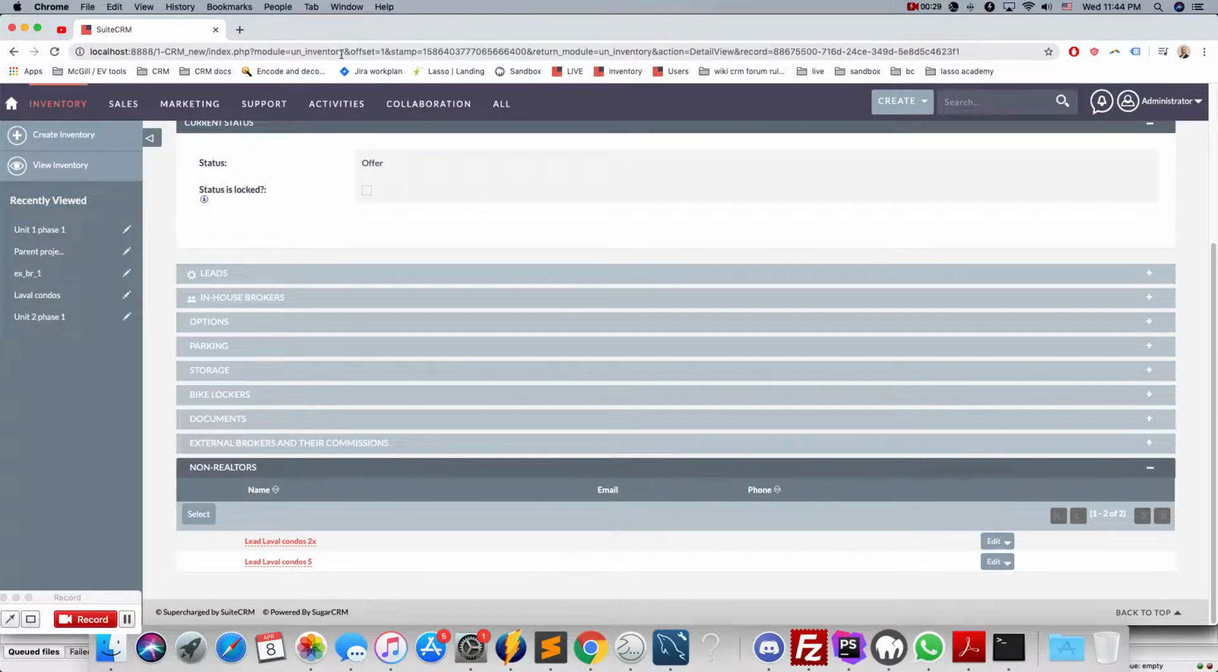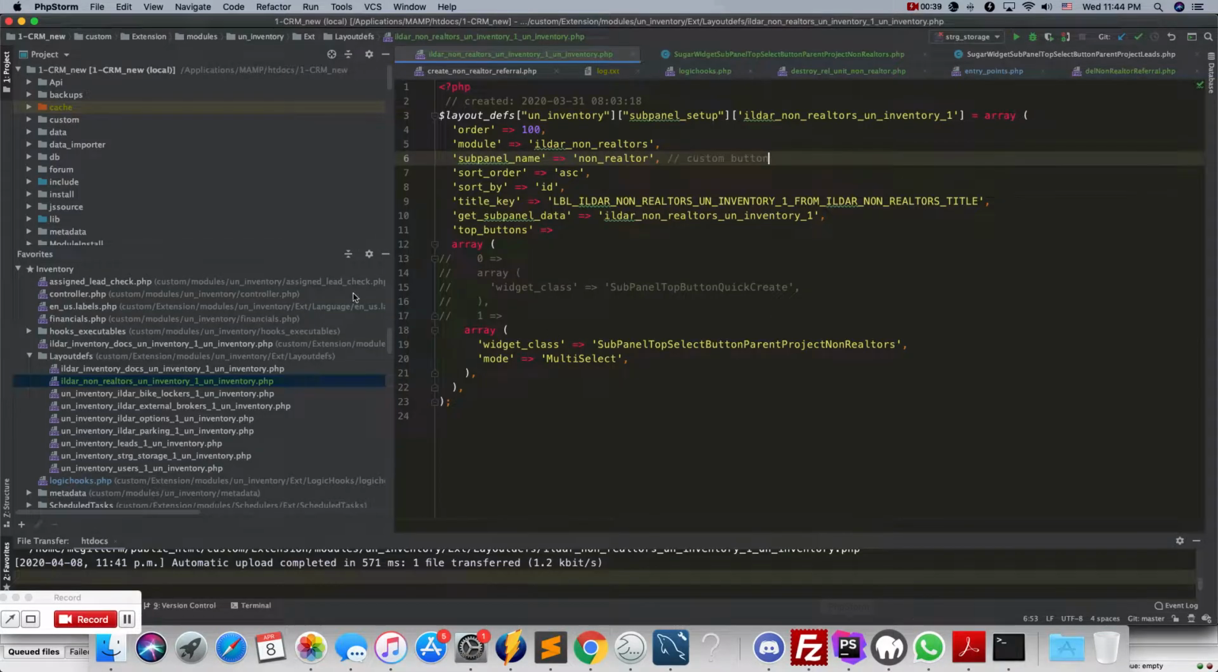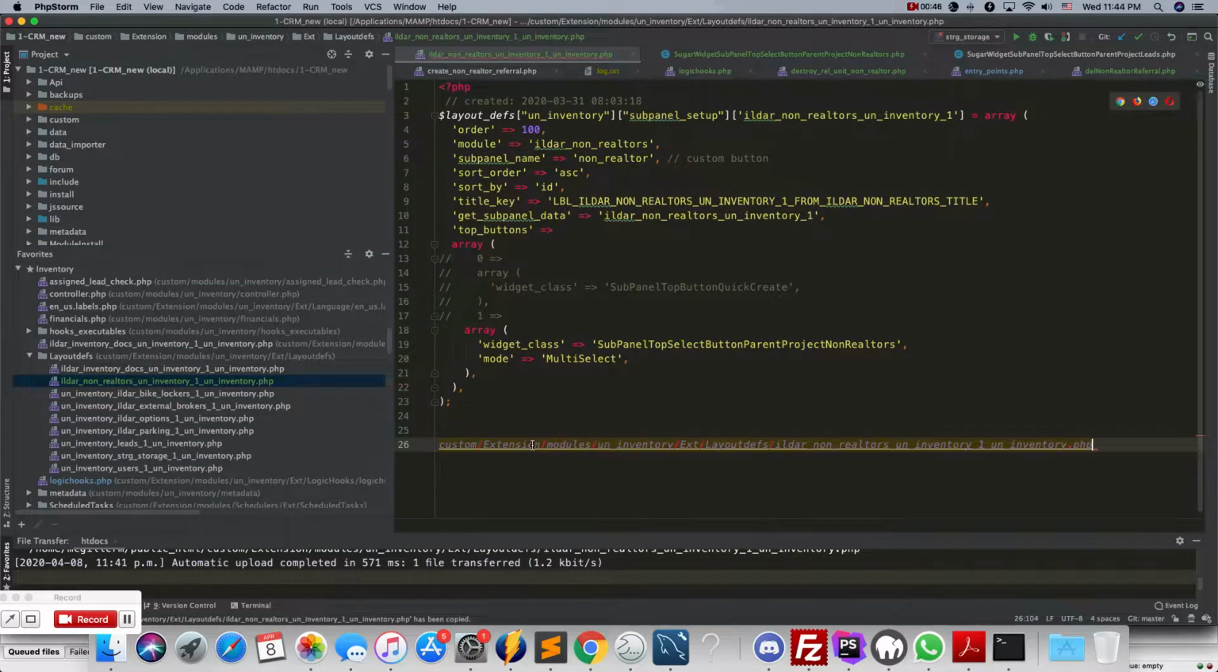So we're going to open up the module which we're seeing right here that hosts the subpanels, and we're going to find the layout definition for this specific subpanel here. So in our case, it's going to be inside the following location. We're going to go to the custom extension modules, UN inventory extension layout defs, and then the name of the subpanel. Maybe in a different location for you, but most of the time this is going to be the